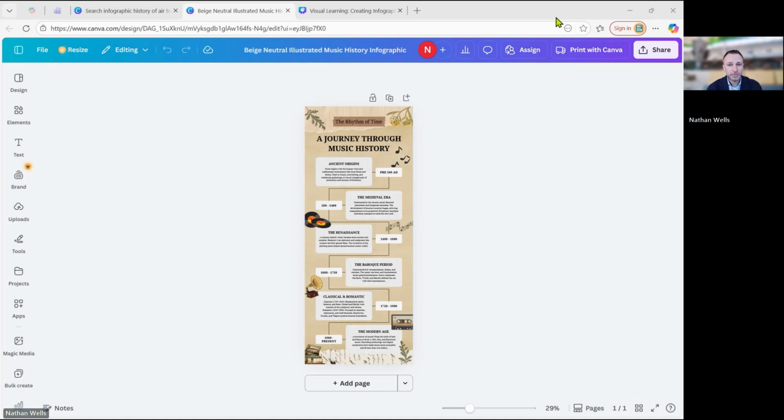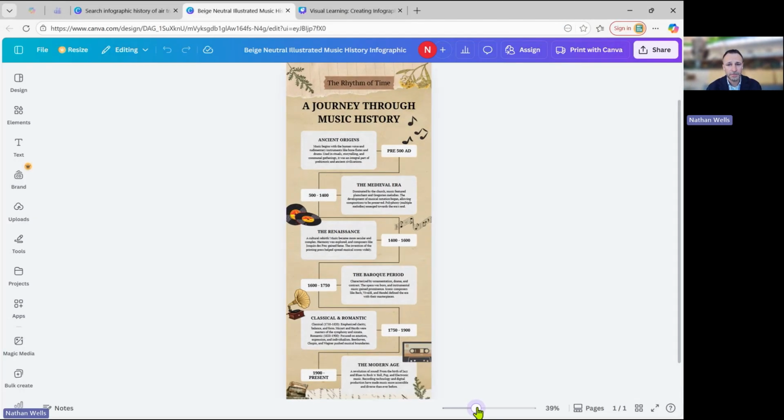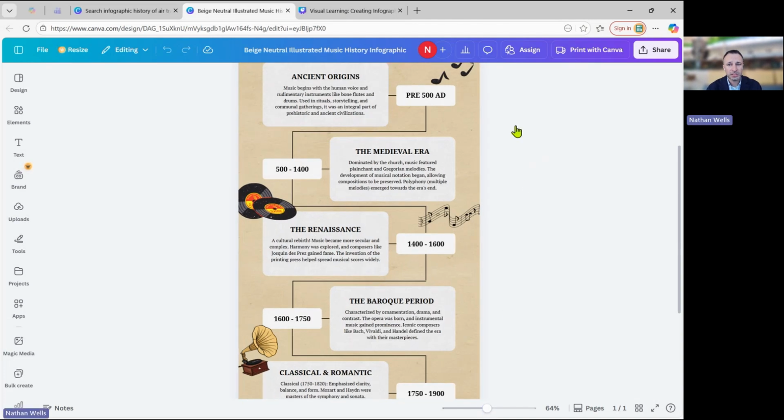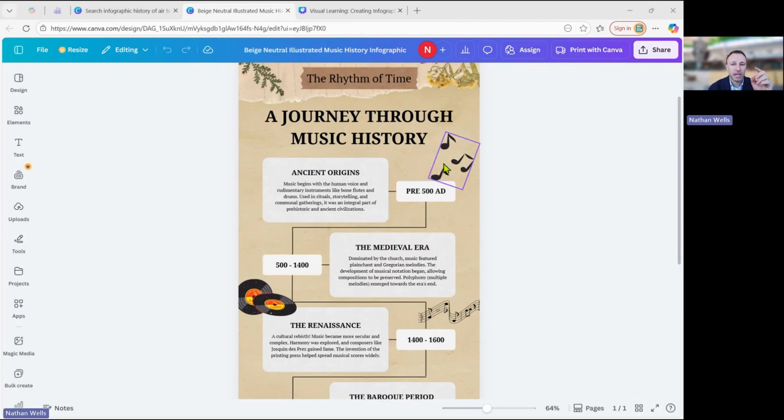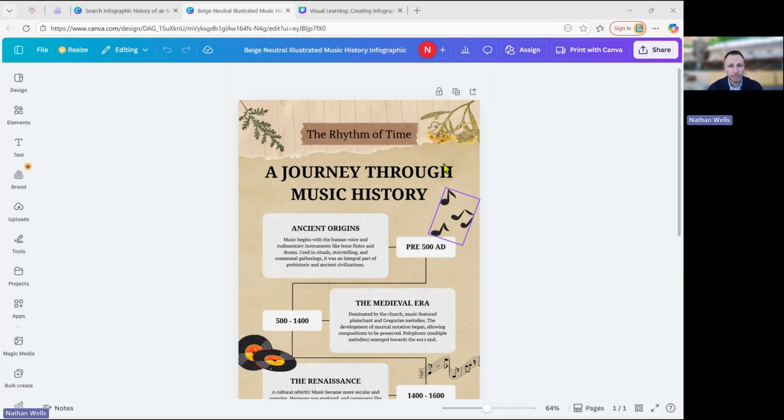Excuse me. And you notice with this, and I'm going to use the little zoom here at the bottom, I have a nice text box, somewhere I can add a date or some type of quick text, and then a place where there's an image on each one. And if you've never gotten into design elements,